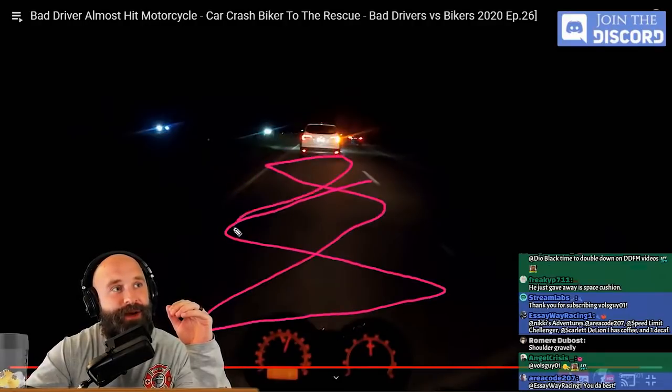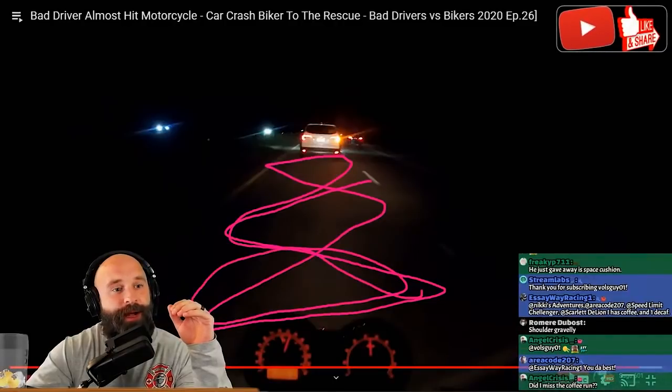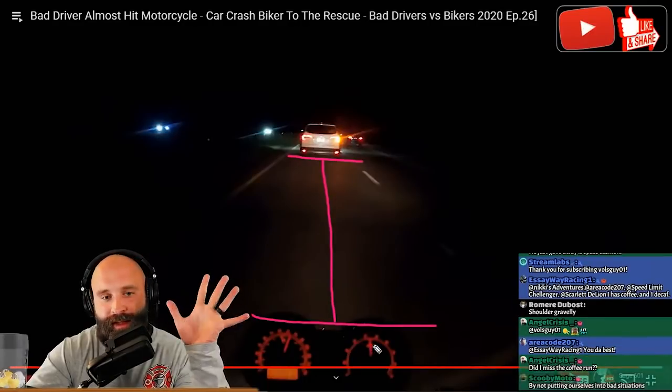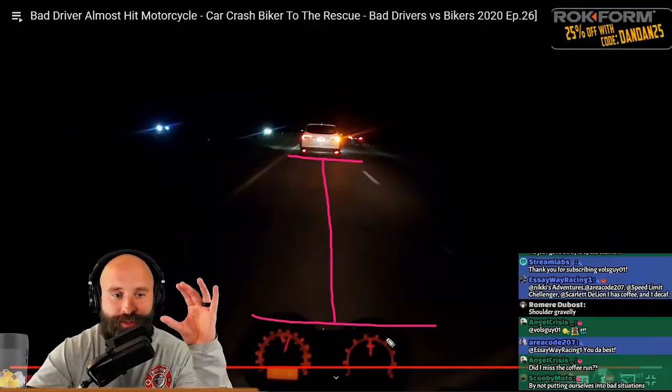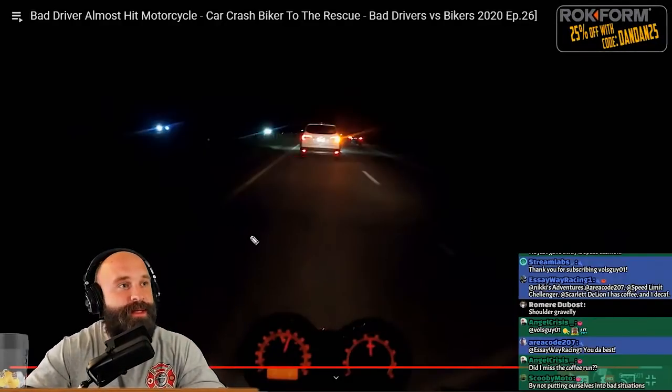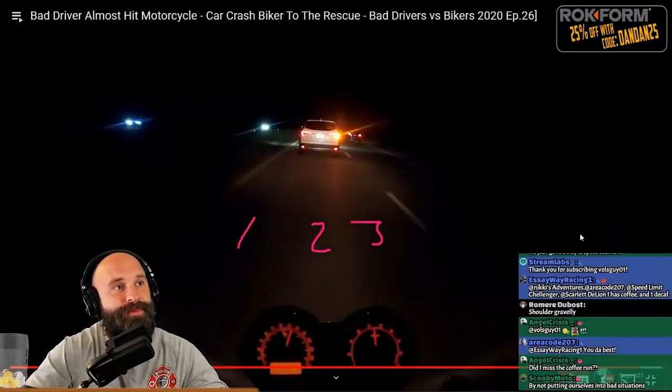I want to stay on the road. So how about I just increase my space cushion? I increase my space cushion. That's my sign for space cushion. I want to increase that. Now, I also want to have the best line of sight. Now, when he gets closer,